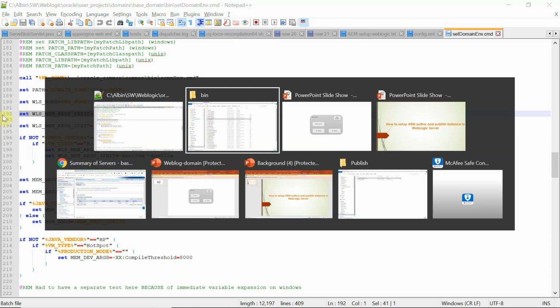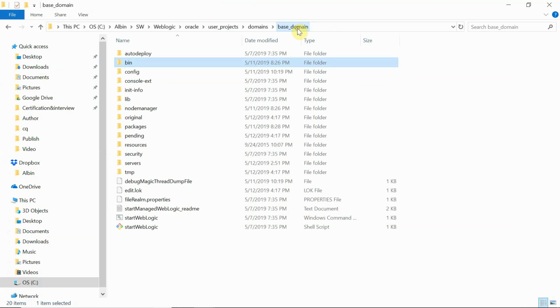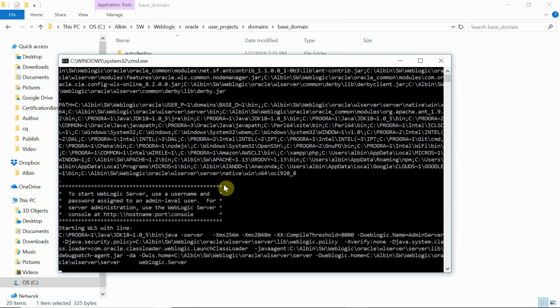Let us go and start the server. I am starting the server from here. Please note, this is going to be my user.home, the base domain folder path, because I am going to start the server from here. Please keep a note of this, we will be referring to this later in the video. Our data store repository will always be created under this user.home folder, but we will be able to change that, as we will see later in the video. So let me start my WebLogic server.